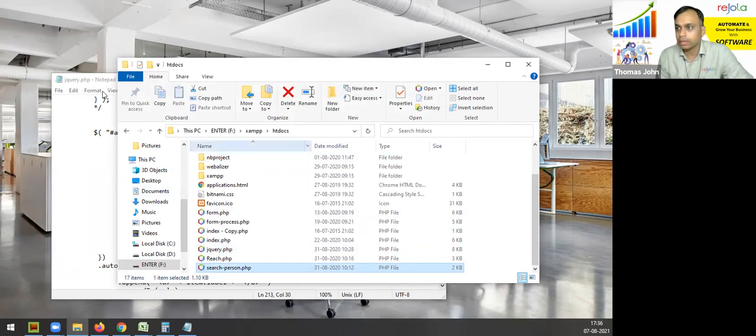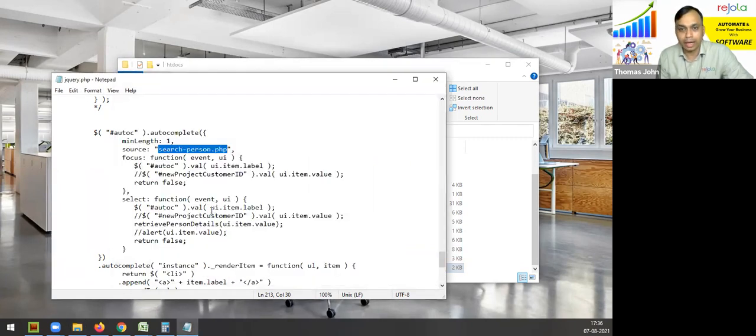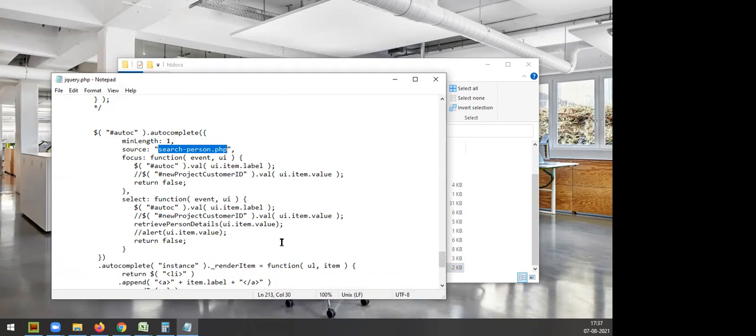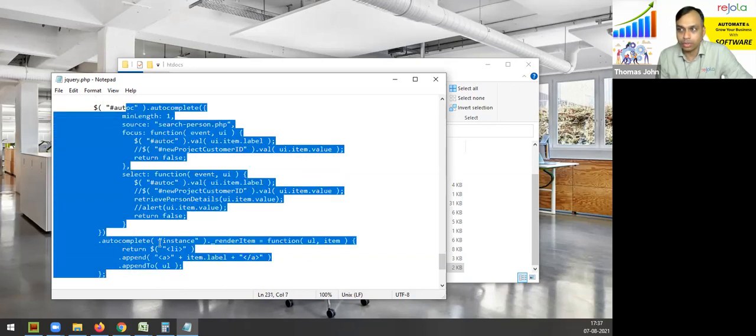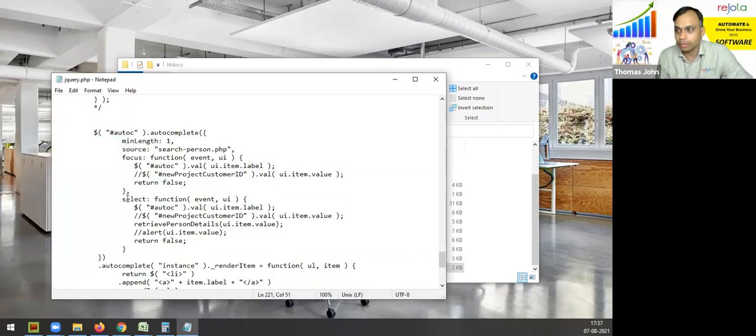Okay. Now you're saying that after the autocomplete, retrieving that particular person's details is what you have doubt about, correct? Yes. So I'll explain to you. In the autocomplete code, you have something known as select.